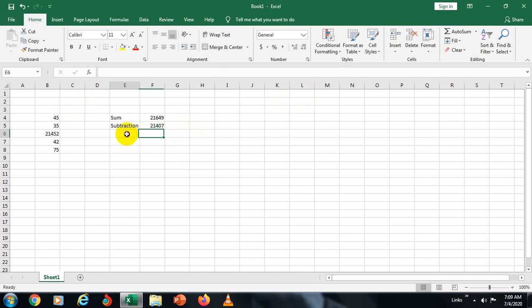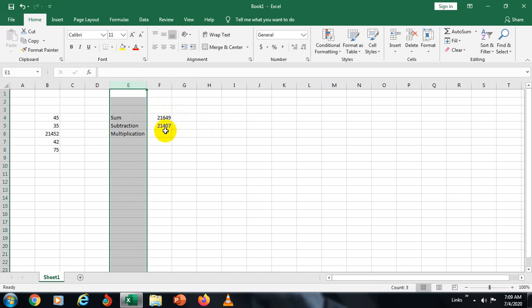Okay, now multiplication. All of you know that first you multiply between two numbers, then you can multiply other numbers also, but here we are going to perform it within two numbers.